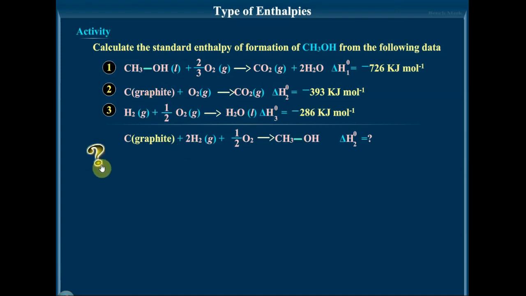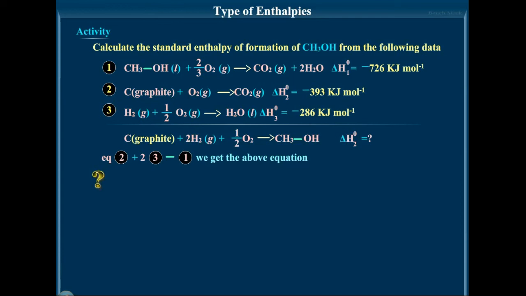So equation 2 you have to take, because in the final equation you have to get C graphite. So equation 2 you take, plus the third equation you have to multiply by 2. Why? Because in the major equation that you need, there is 2H2 given here, and in the third equation there is hydrogen. So in order to get a 2 here, you have to multiply this equation by 2. When you're multiplying, remember the whole reactants and products have to be multiplied, not just one coefficient. If you're multiplying the equation by any number, the whole reactants and products also should be multiplied. Otherwise the meaning will change.